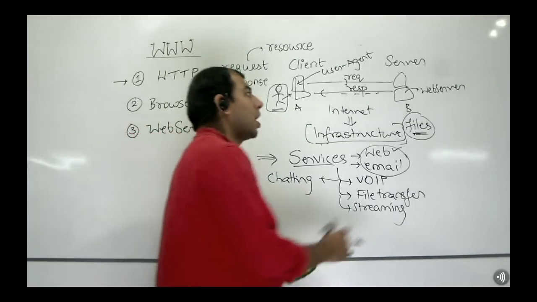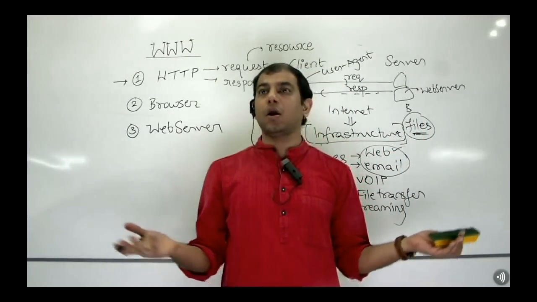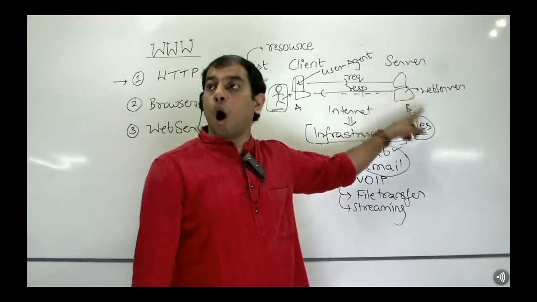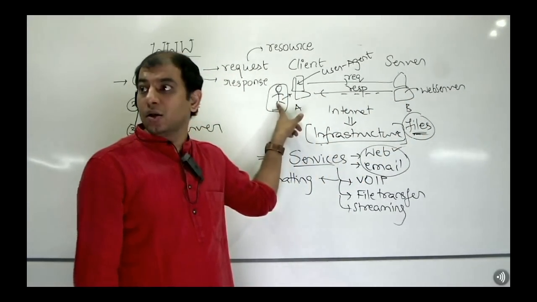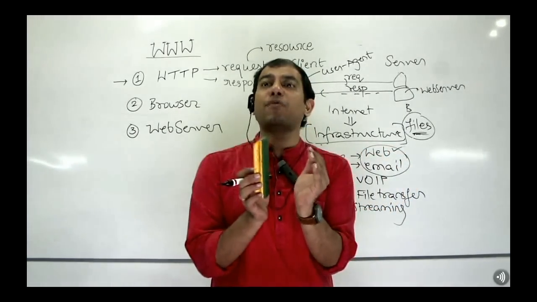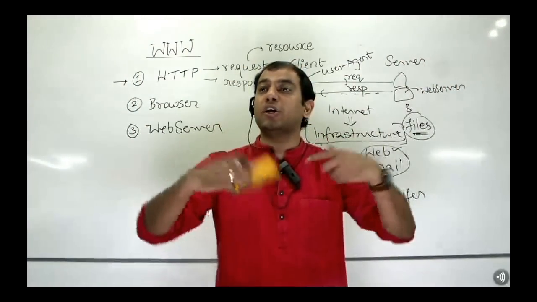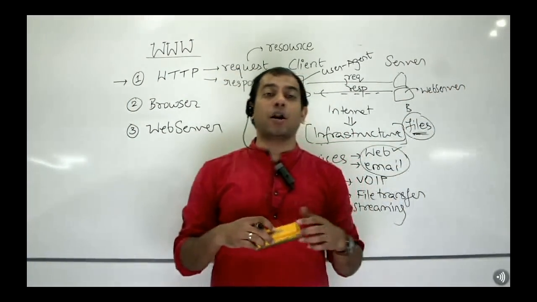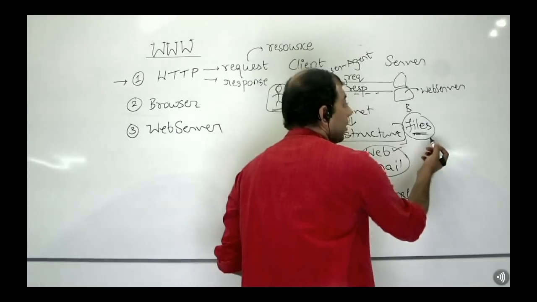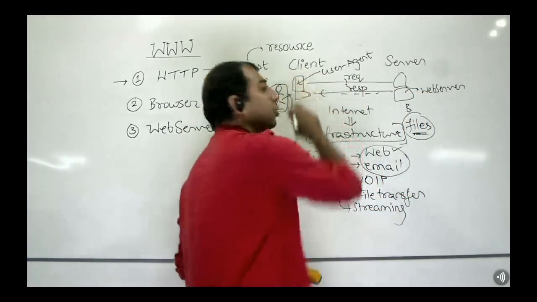Well, think about it. How many files might be there in this server machine? Many thousands of files might be there. Well, tell me this, should all files be accessible to the end human being? No. Only some of them should be accessible, isn't it? So a group of resources, a group of files, is what must be allowed to be browsed, what must be allowed to be sought or requested by the user, isn't it? So clearly what became a need was the ability to group together a bunch of resources and then have it be accessible to the end human being.